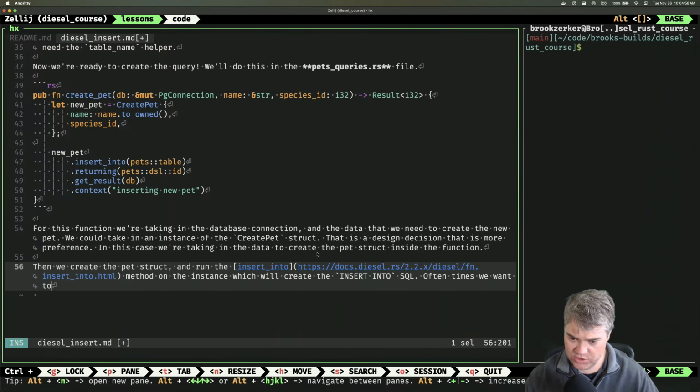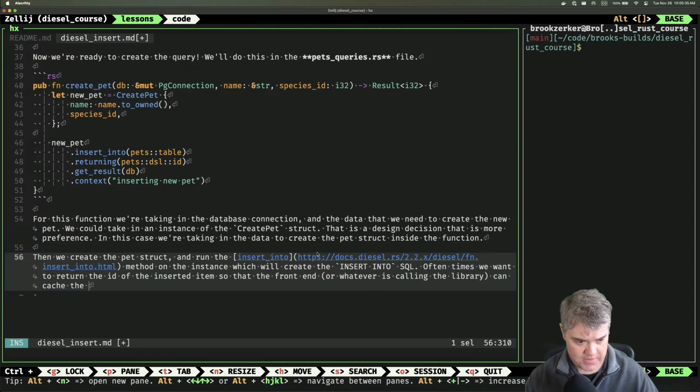Oftentimes, we want to return the ID of the inserted item, so that the front end or whatever is calling the API or the library can cache, like hash the ID for future use. We do this by chaining the returning